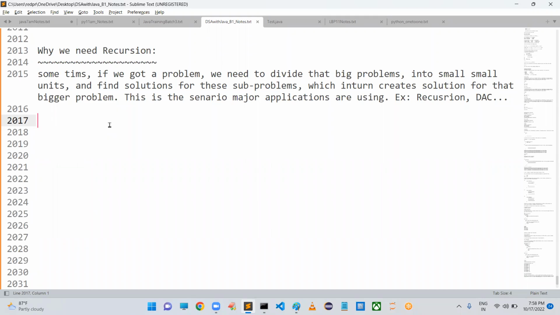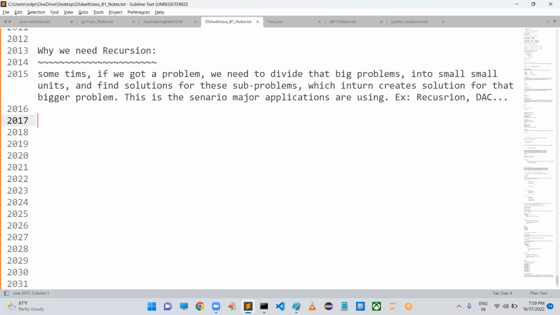So compared with looping, how does recursion benefit us? That is one doubt you may have. And second, with the help of recursion we have so many advantages that we have seen today, but there may be a chance of disadvantages also. We will discuss those disadvantages in the next session.